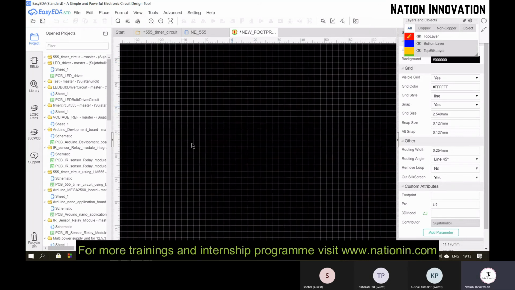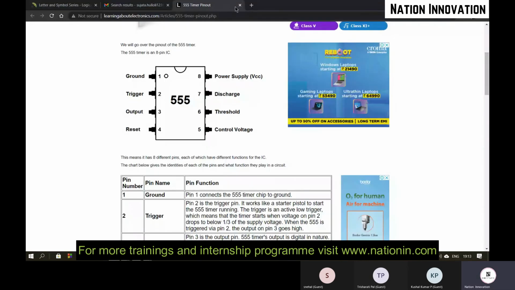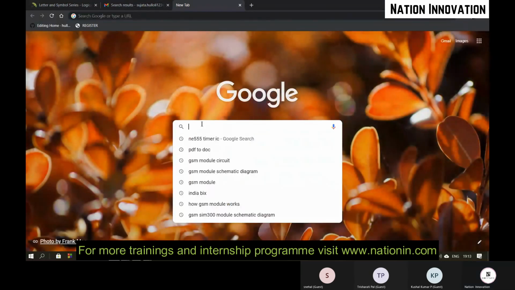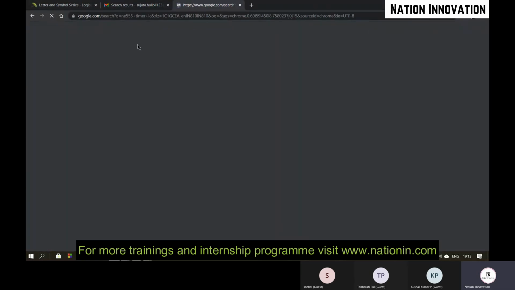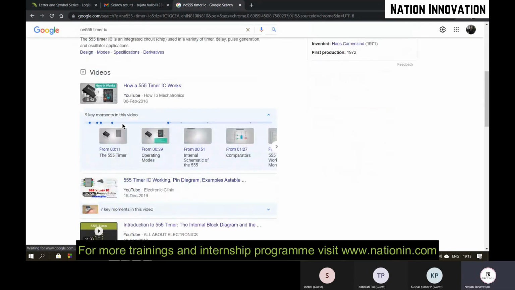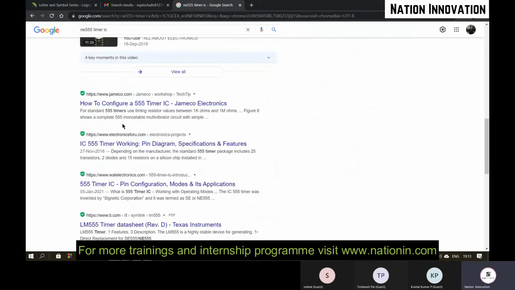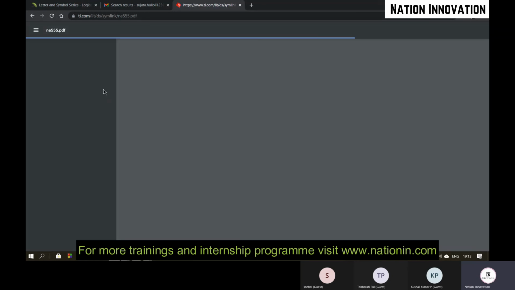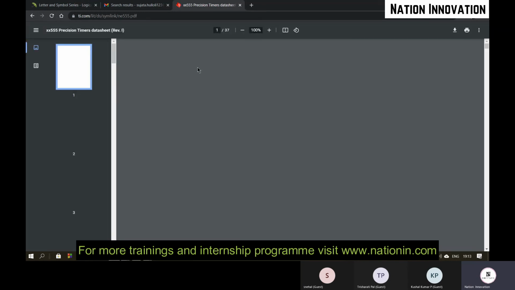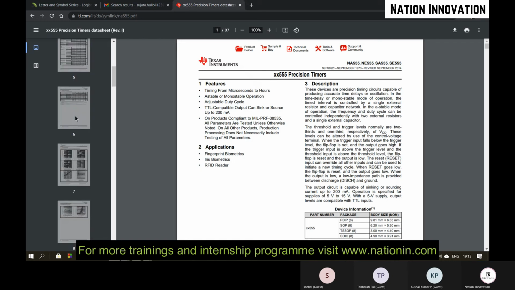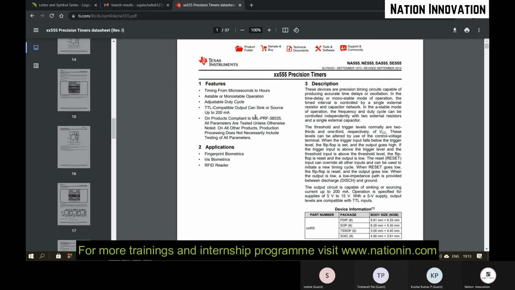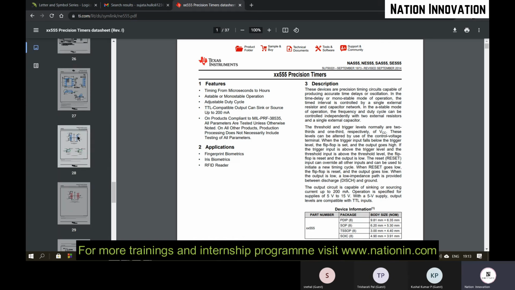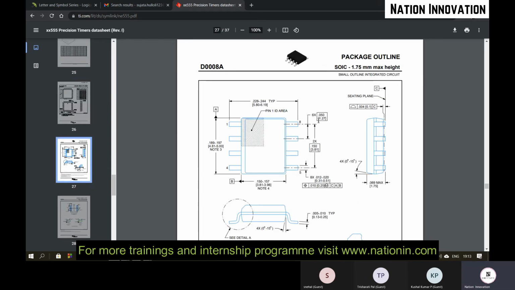Again, for that, let us go to the datasheet of this 555 timer IC. This is the datasheet provided by Texas Instruments. Go to the IC design. Okay.